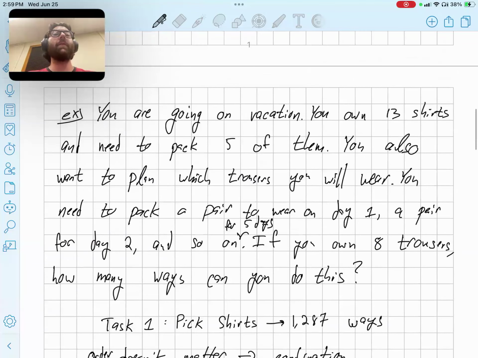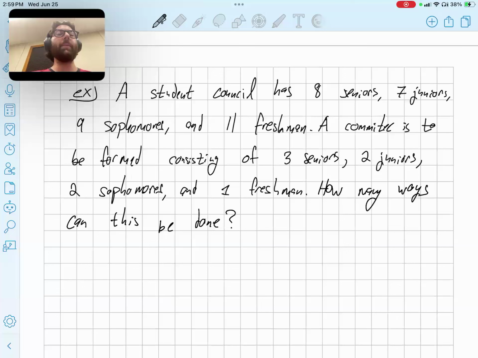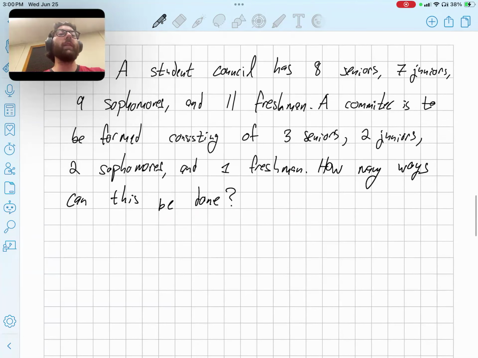Okay, a student council has 8 seniors, 7 juniors, 9 sophomores, and 11 freshmen. A committee is to be formed consisting of 3 seniors, 2 juniors, 2 sophomores, and 1 freshman. How many ways can this be done? So this is potentially one of our most complicated ones yet, because not only are we combining the multiplication rule for counting with permutation and combination formulas, but we're also now increasing the number of tasks,